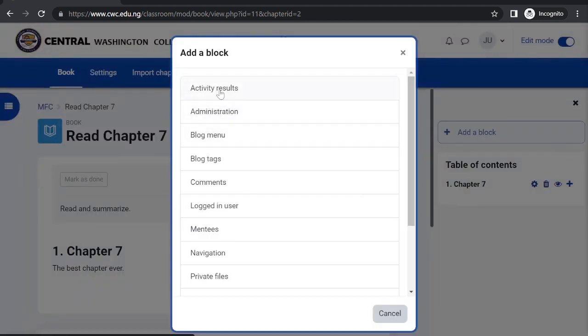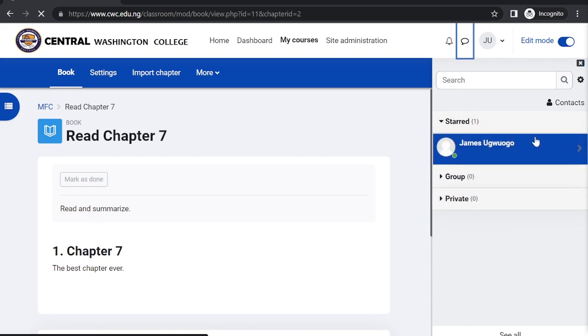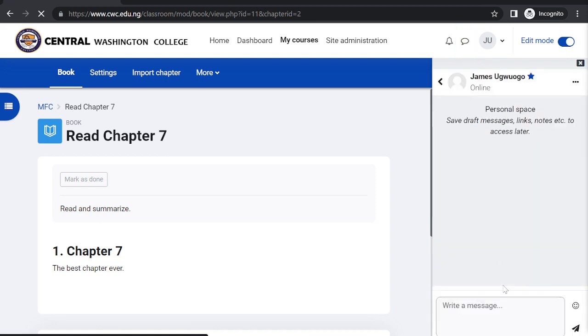Let's say activity results, comments, logged in users. Yeah, let's do that. So I can see logged in users, I can see my students when they're logged in, and so on and so forth. You can also chat with the users that are logged in and say, hey, maybe your course rep, hey course rep,